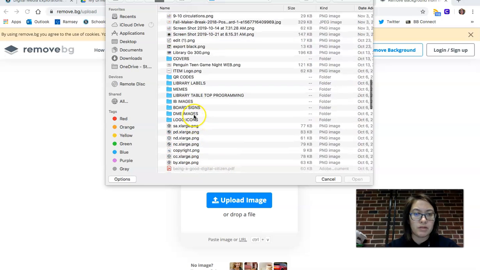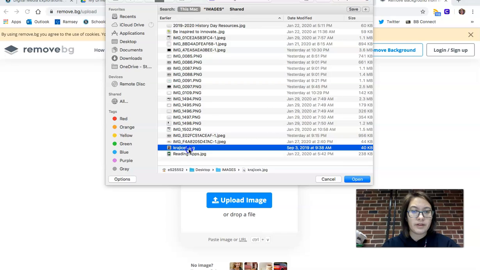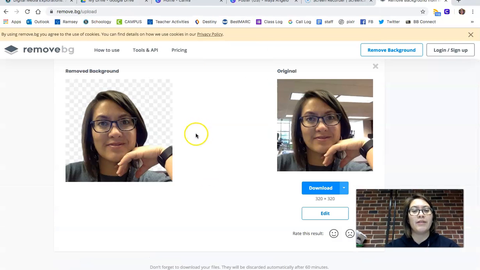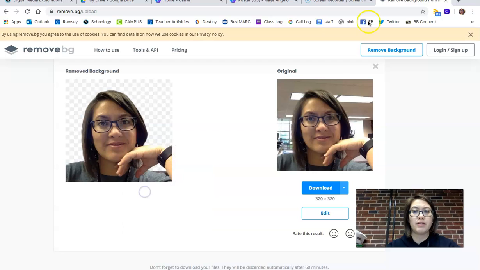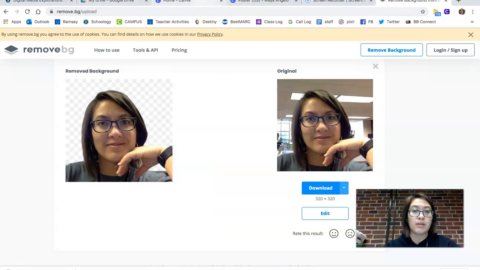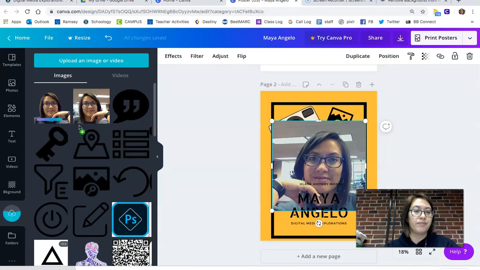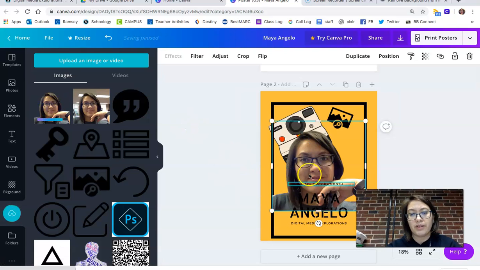I think it was called Krychek, wasn't it? There it is. So you can upload it, and then over here on the left, it cuts out everything behind me. And so then you can tap and hold and save the image. And so save it. Yours will be on your camera roll. And you can go back into your thing and upload. And so now if I get rid of this and put my new face in there,